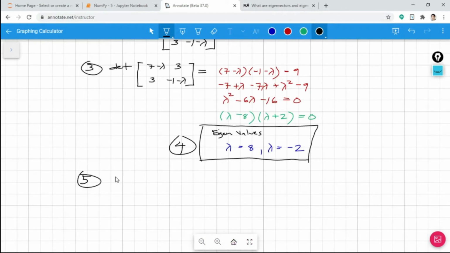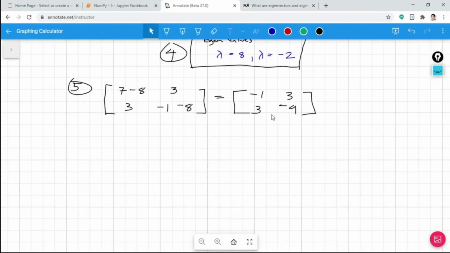So you will have, for example, 7 minus 8. So you substitute this one. So you got 3, so you got a -1 minus 8. Okay. So what will be the equivalent of this one? The equivalent of this one is -1. So 3. This one is 3 and negative 9. Okay, so from here,